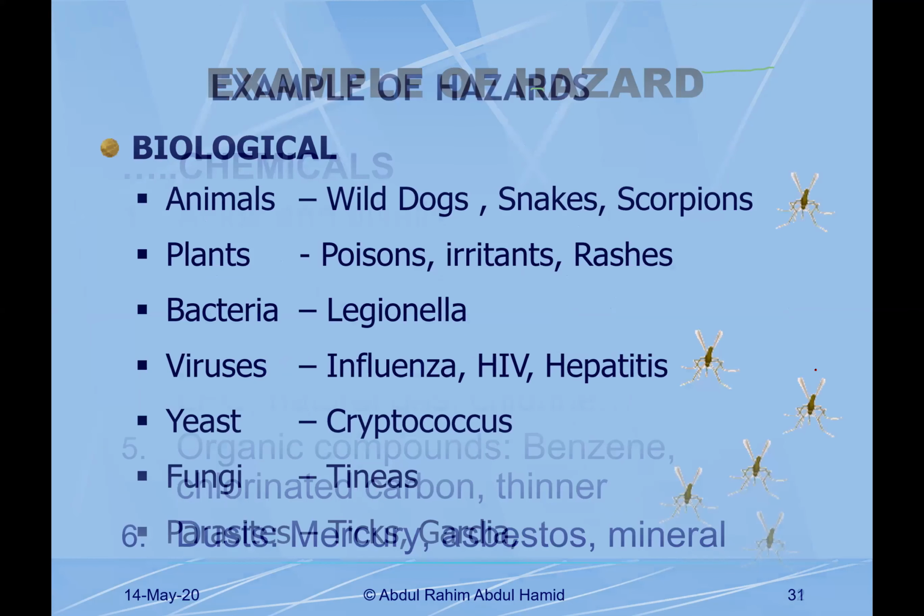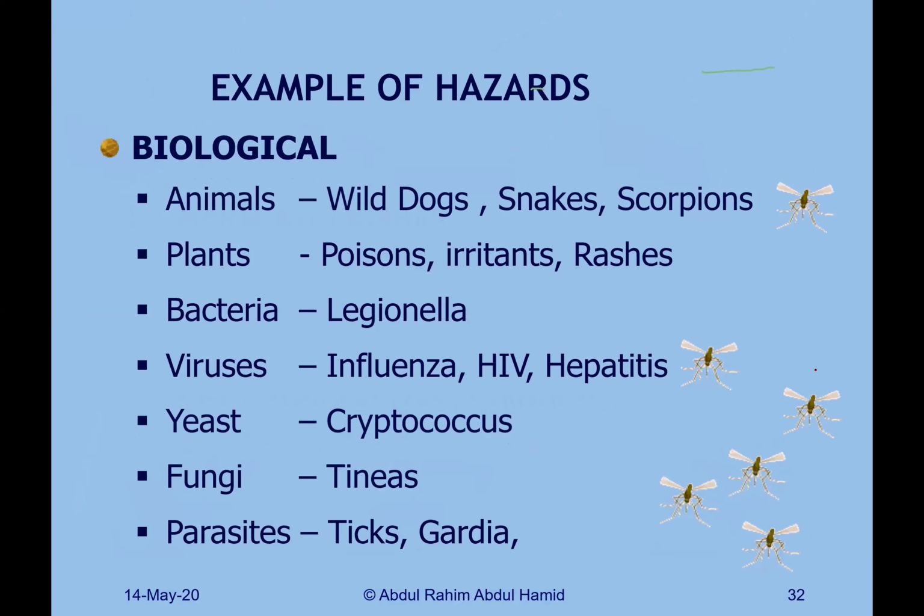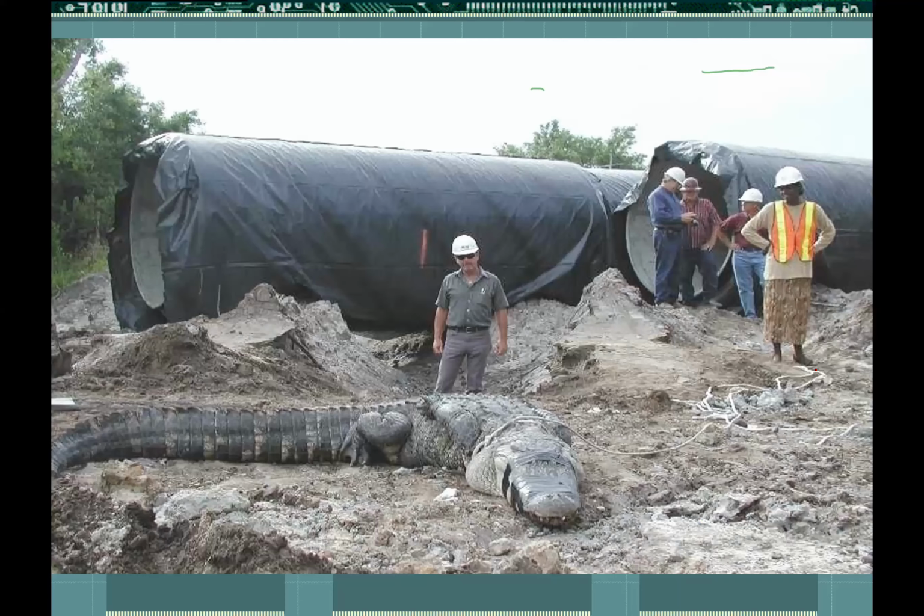And then biological hazard. Biological hazard could be wild dog, snake, scorpion, and then down to the small ones, fungi, parasite, or even virus. Now we are dealing with the virus. Okay, that could be a potential hazard. And remember, we are working in a construction project. We might be exposed to this kind of biological hazard, because normally when we start construction in an unknown area, in